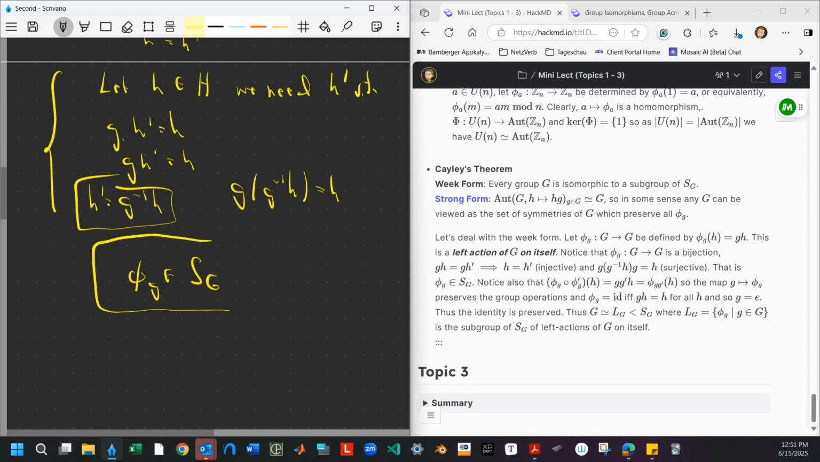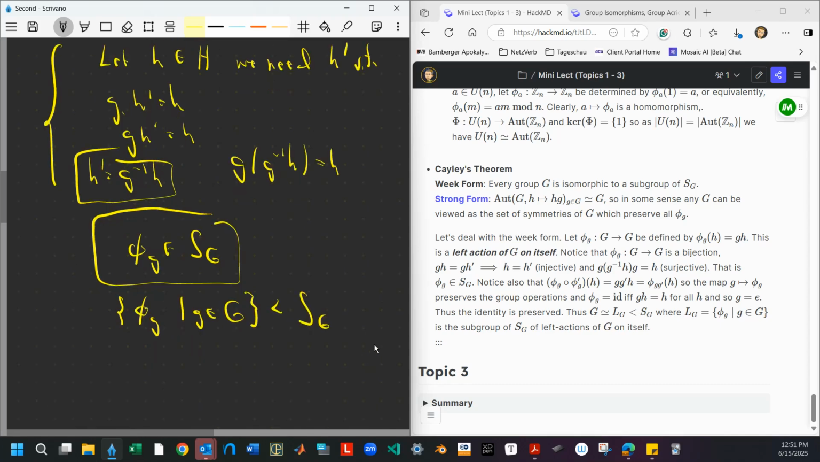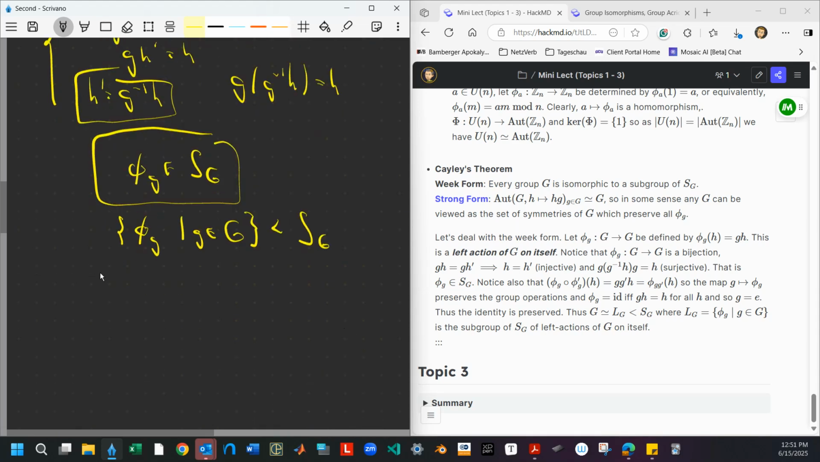Let's see that the set of phi G, such that G is in G, right, is a subgroup of SG, right? So in other words, I want closure under multiplication and all that sort of stuff. There is, in this case, closure under composition. And the real point here is that